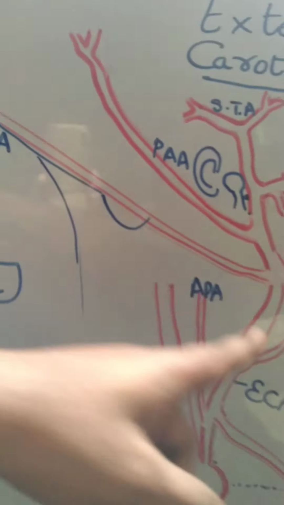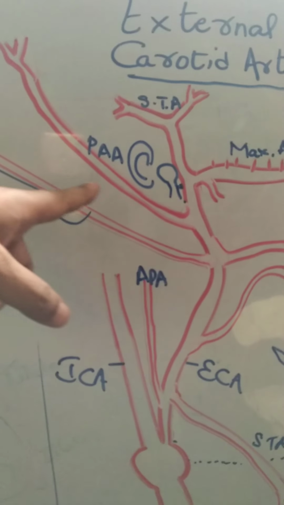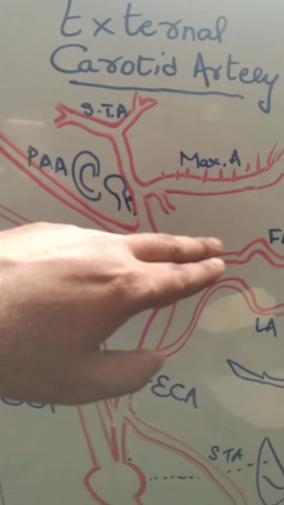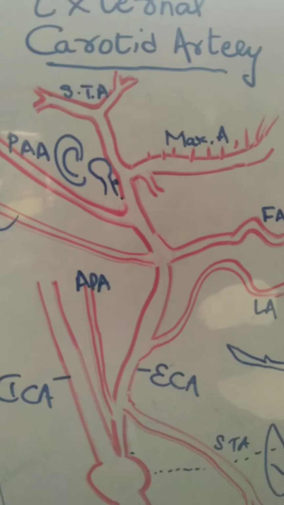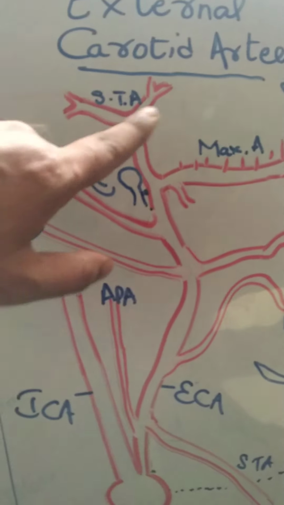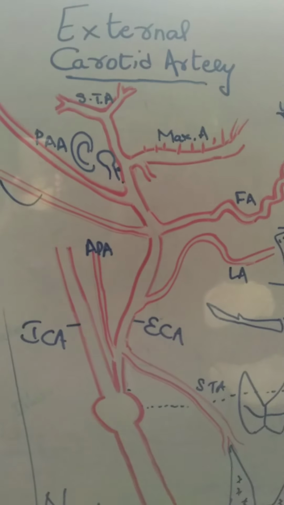Posteriorly two arteries are going. One is going into the occipital region, it's called occipital artery. One is just going behind the auricle, posterior auricular artery. Last but not the least, the terminal branches: one is resting on the maxilla, gives only 15 branches, called maxillary artery. The other one in the temporal area is called superficial temporal artery. So that is about the branches of external carotid artery.